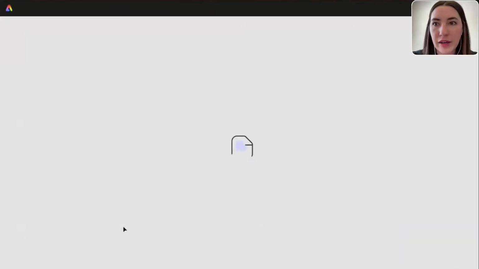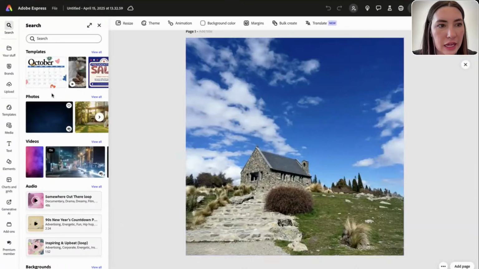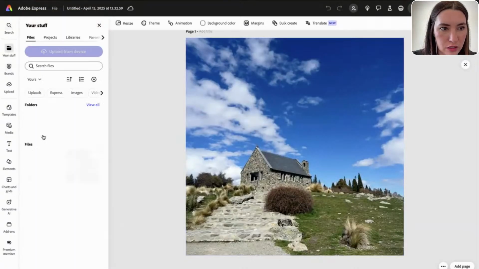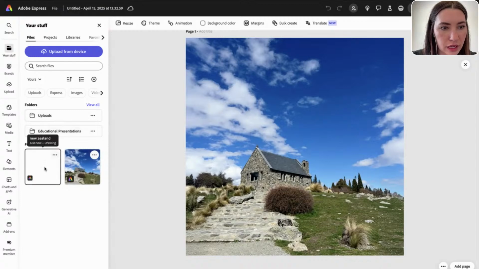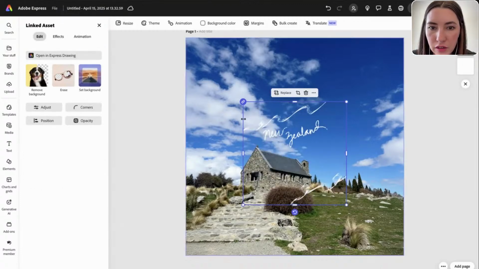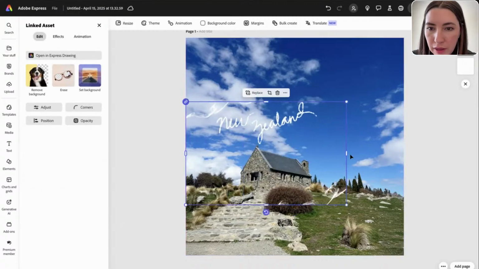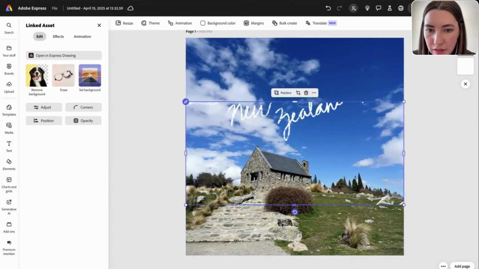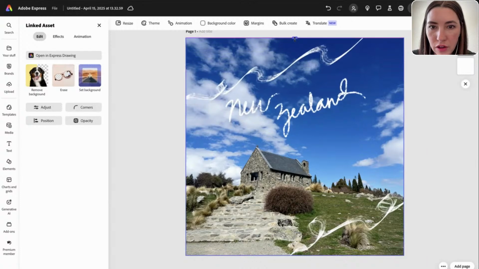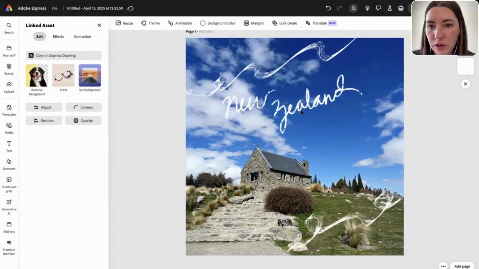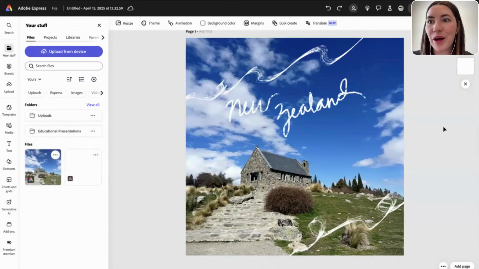So now we're going to go back into our image and go back into our stuff and this drawing that we made, and then we can expand it so it fits right onto our photo. And then of course we can move it around and adjust it as needed, but so fun to play around with. This is going to be so fun just to add a lot of character and fun playfulness to your